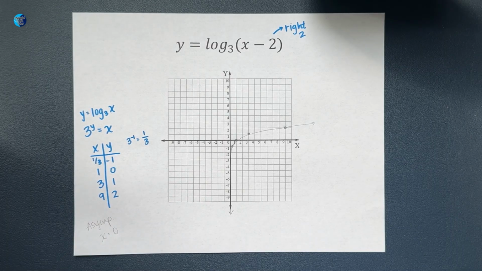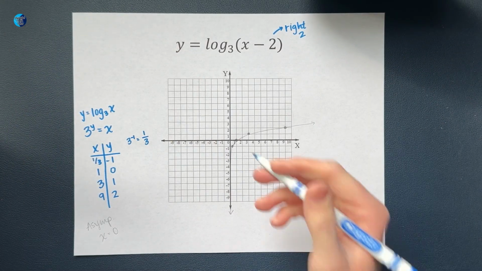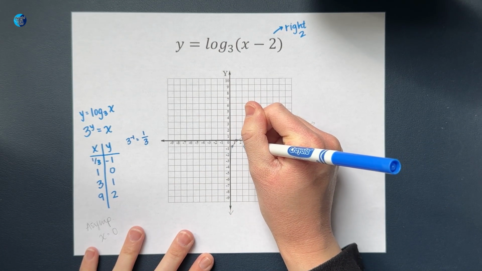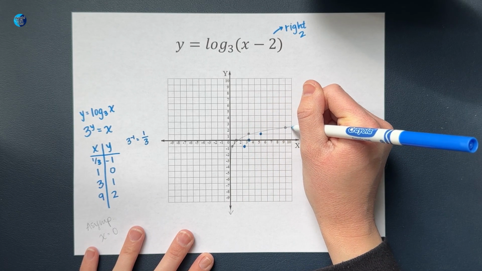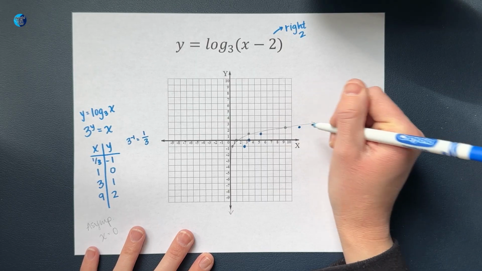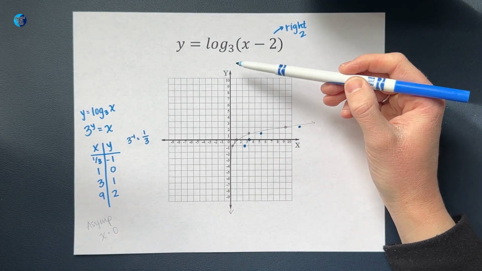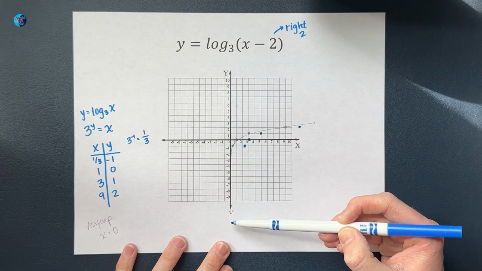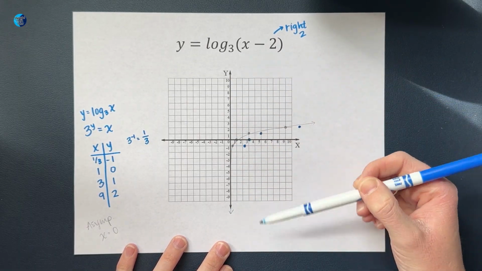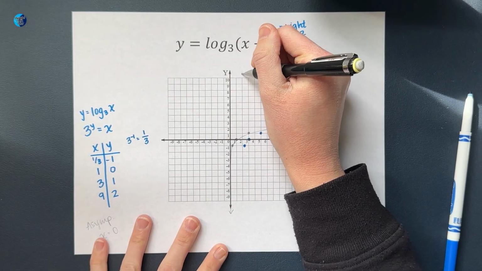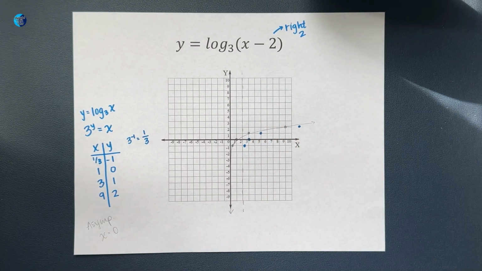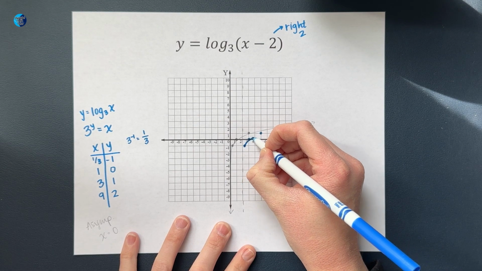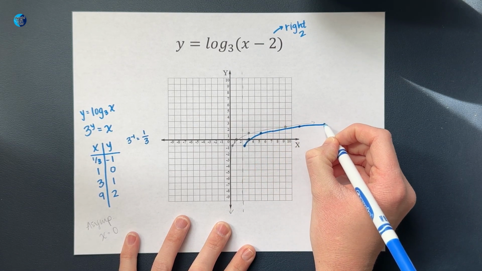All right, now to get this graph, all I have to do is shift this graph to the right 2. So I'm going to take this point, shift it to the right 2, this one to the right 2, 2, and this one's going to go off, but it'll be approximately right there, right? Okay, another thing that also shifts over is my asymptote. So my asymptote was at 0. It's also going to shift over 2, and my asymptote is going to be at 2, right there. So now my graph is going to look something like